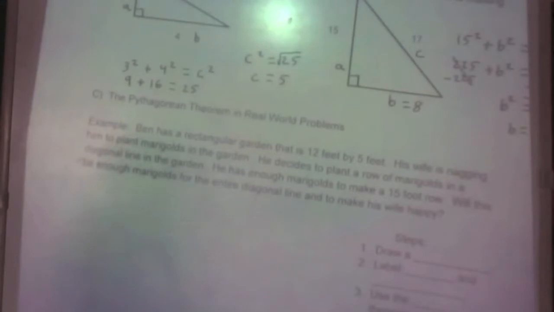All right, one thing I do not like is marigolds. I've never really gotten why people like that flower so much. It smells just funny. I don't get it. Oh, but back to the problem.